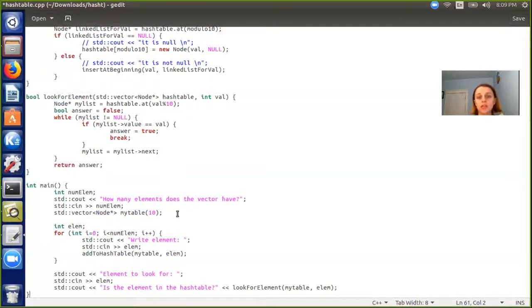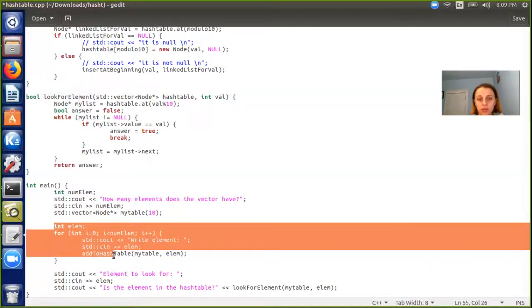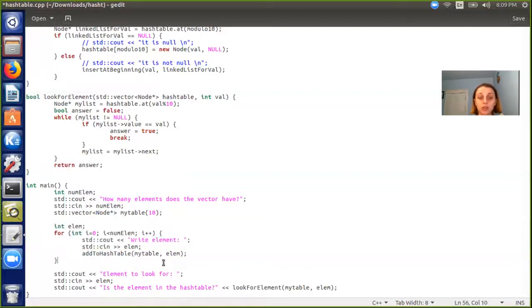This part is pretty standard, the way that I interact with the user on the console. So you can use it from here. So I write out how many elements does the vector have. I use the standard library,